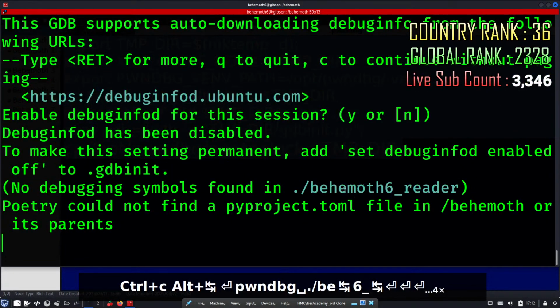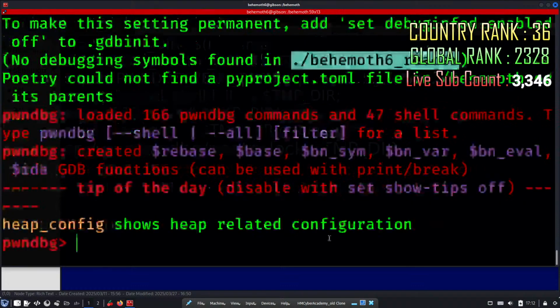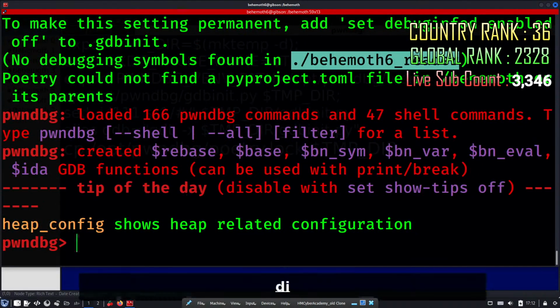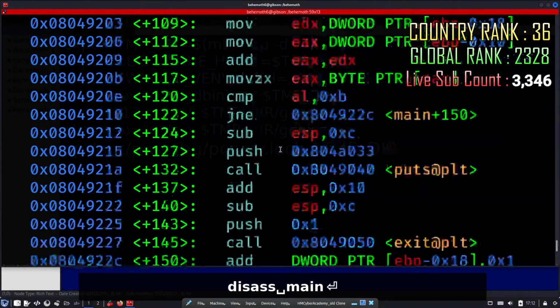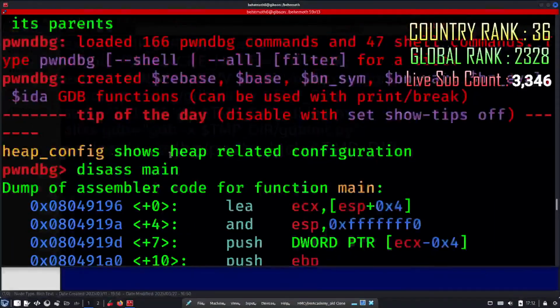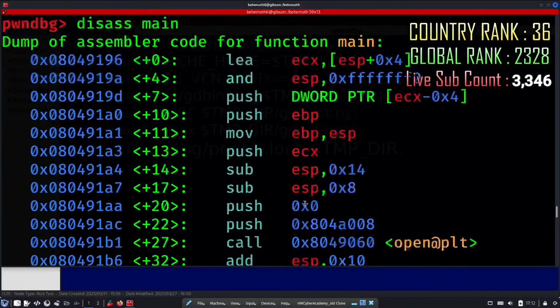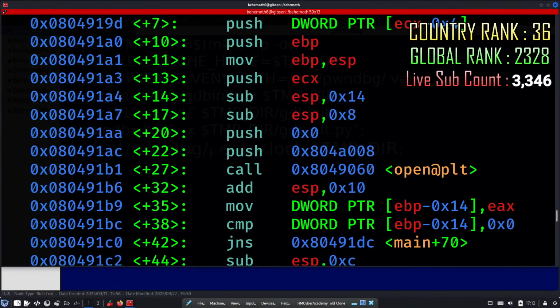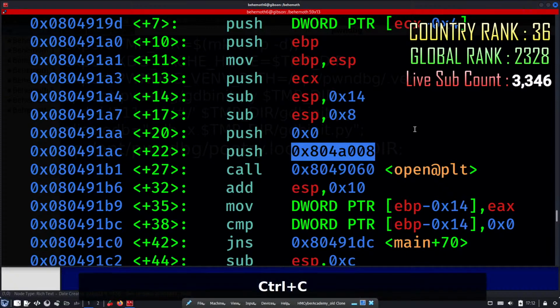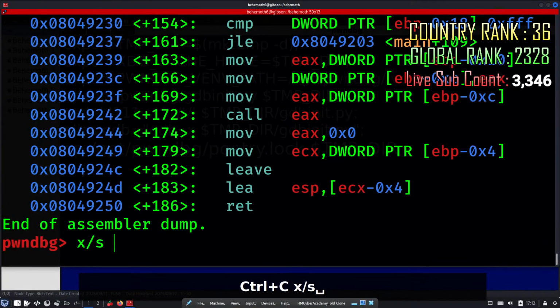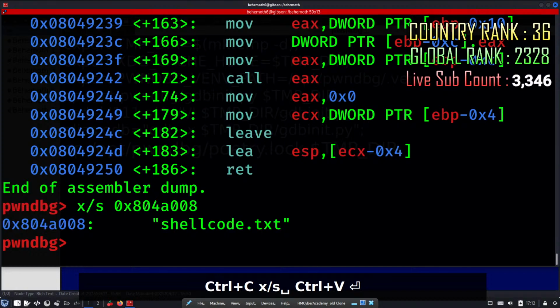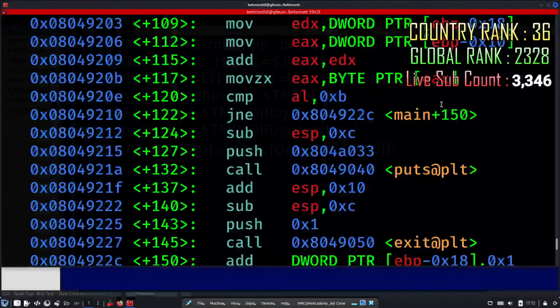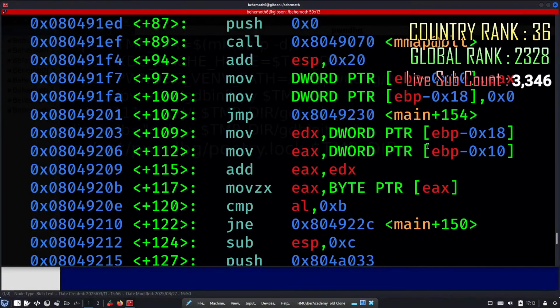Just hit enter and disassemble main. Okay, we have some push value here. So let's try to analyze this. Okay, it's shellcode.txt, and